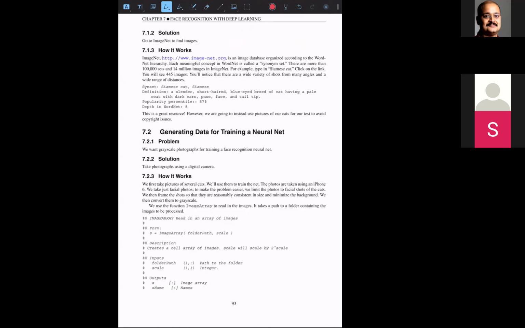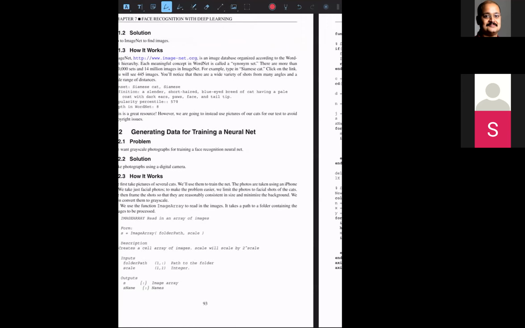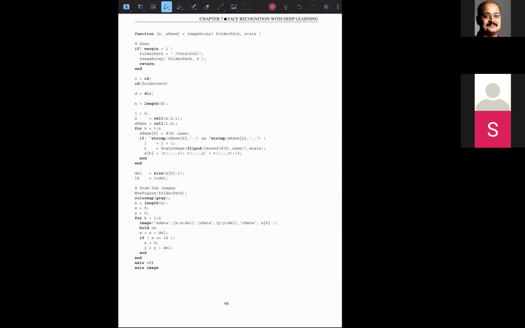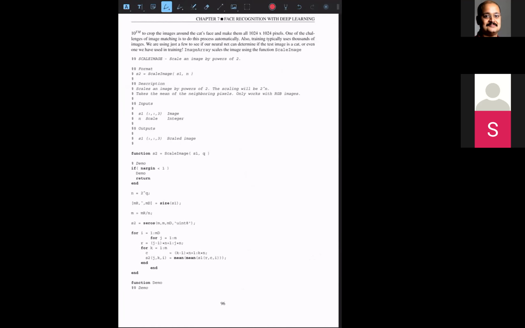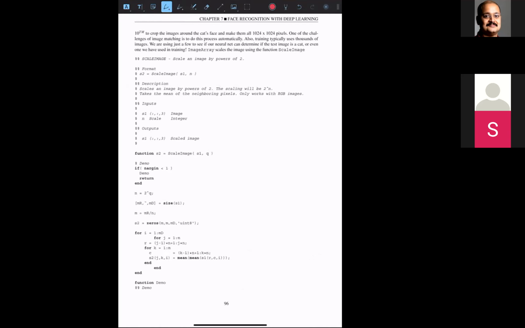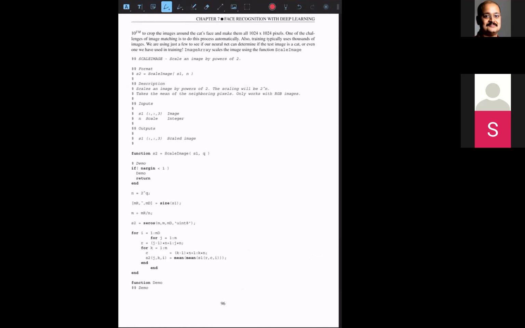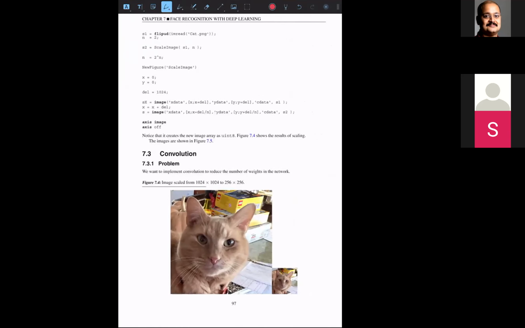So basically it reads the images and puts those images in a folder to process. So that is this ImageNet array, and this is basically capturing the images and then storing the images. The next part of this code is scaling the images,